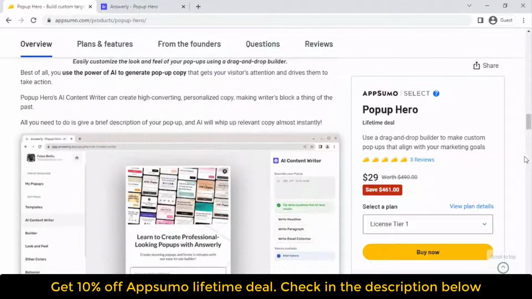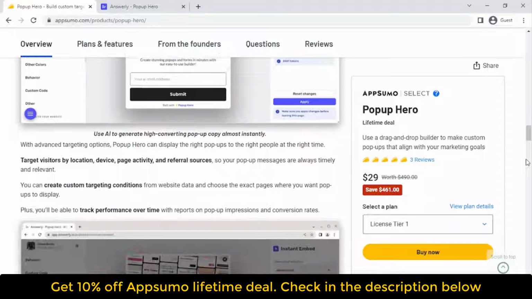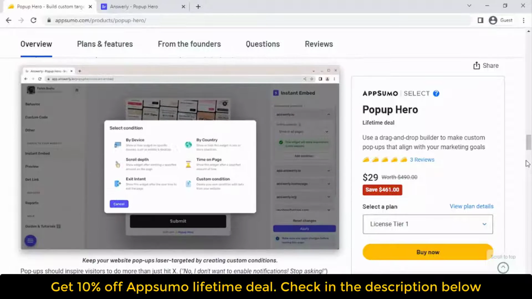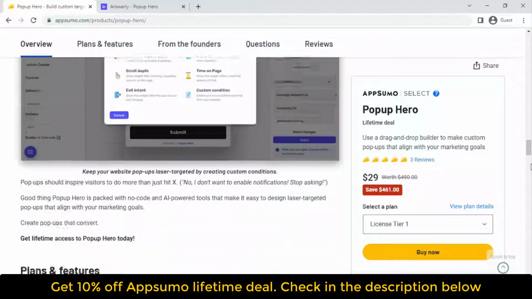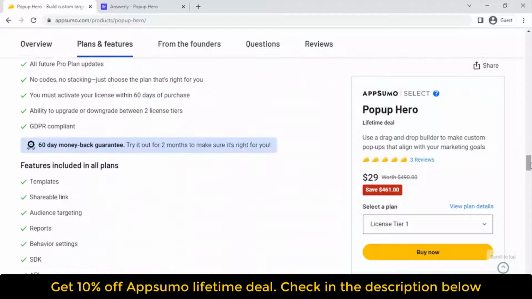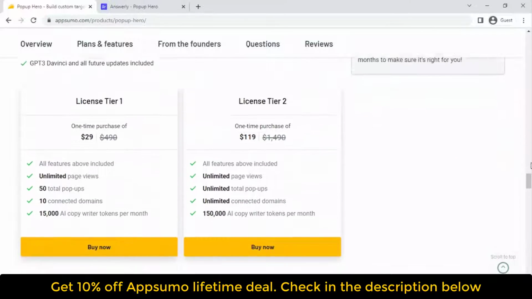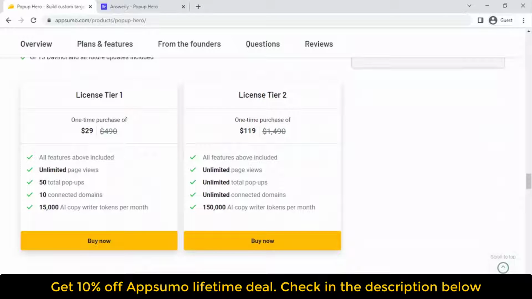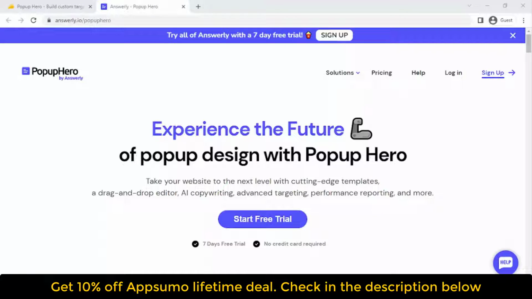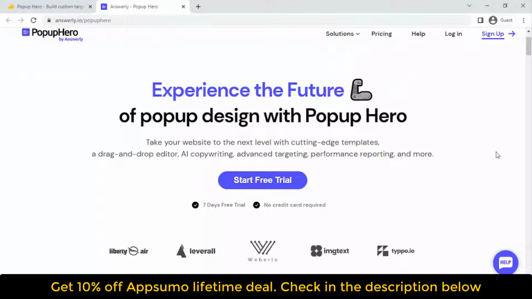easy. Whether you're building pop-ups from scratch or using a template, you can easily drag and drop to arrange pop-up elements. You can choose from over 20 content blocks to enhance your pop-ups with elements like headlines, buttons, videos, and maps. Plus, you'll be able to customize colors, images, and copy to align with your brand and make changes as needed with real-time previews. Popup Hero also lets you integrate with tools like Google Sheets, MailChimp, and Notion to make